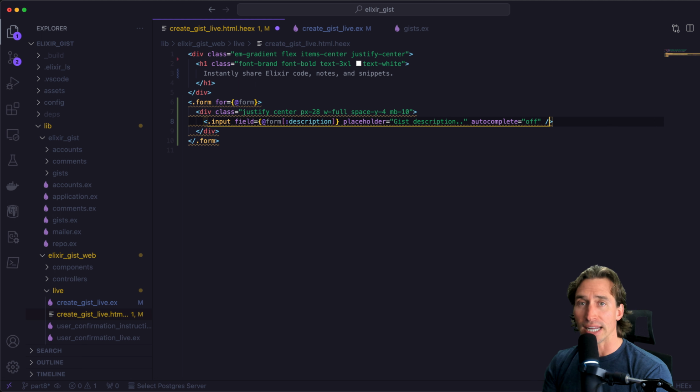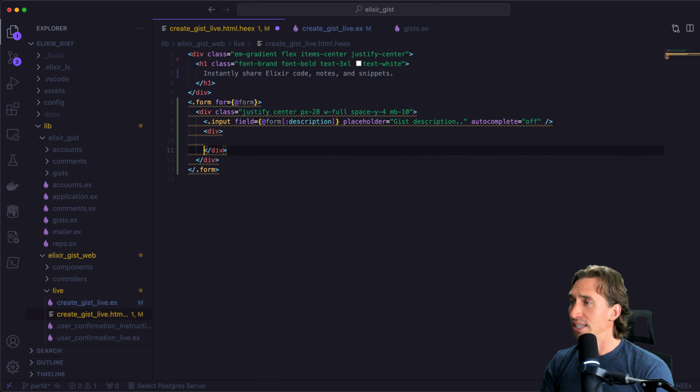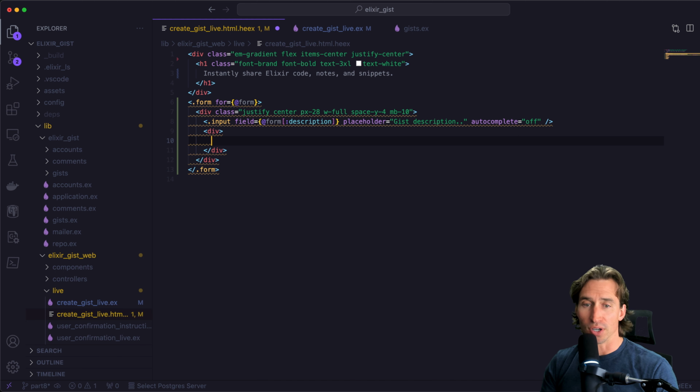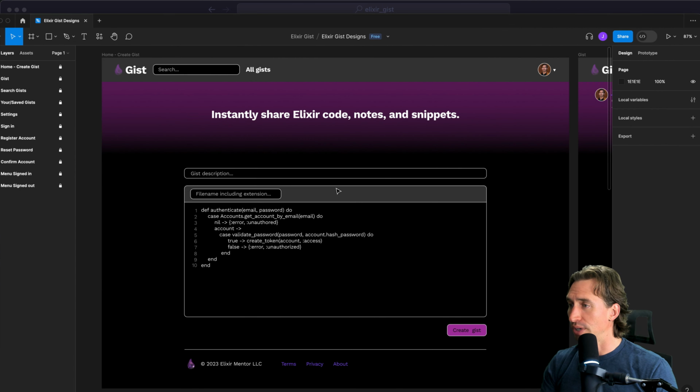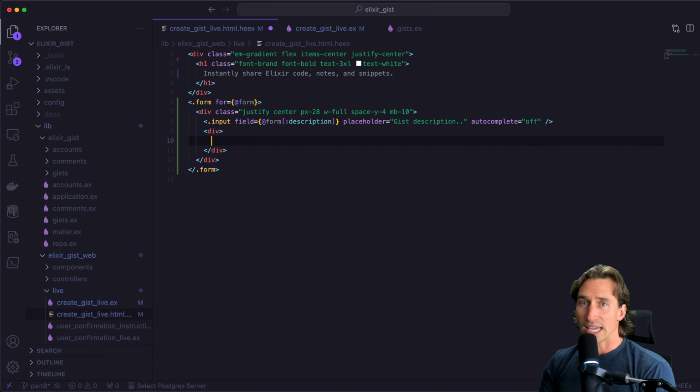Now we're going to create an empty div to block together our file name input and our code text area. So we just need an empty div. And now inside of this, we want to create the gray header that our file name input sits inside. So if you don't remember, we got to create this gray. So it has top rounded corners and then not rounded bottom corners, okay? So let's add some, so we need our gray div, and then our gray rectangle, or div I should say,